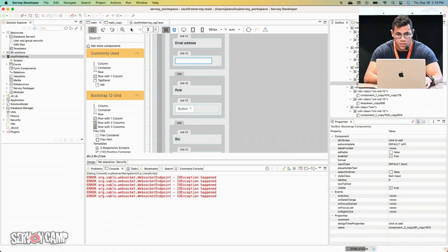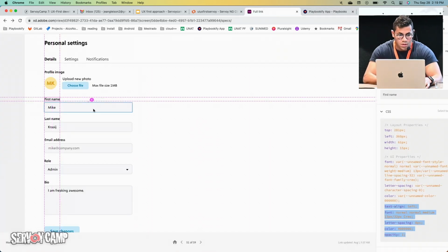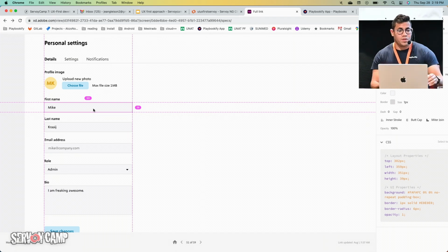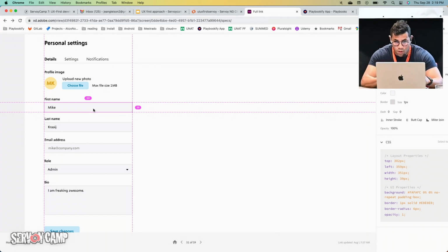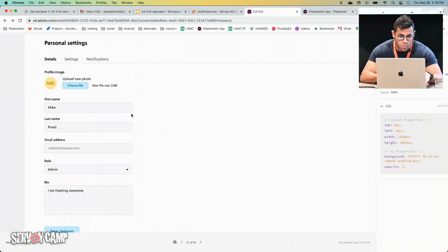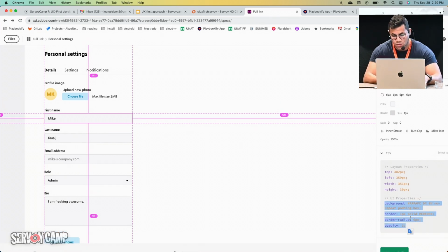For this one, I'll create this class. Just grab the code first. I'll come here, and now we have two elements here, so we have to take care of this in two parts. For example, this one, this box is a little bit different. It has some rounded corners, and then you can see the code here in UI properties, like I said to you guys. So you're gonna get this,